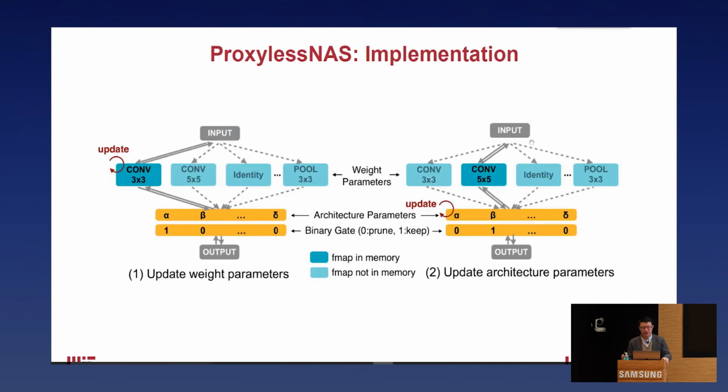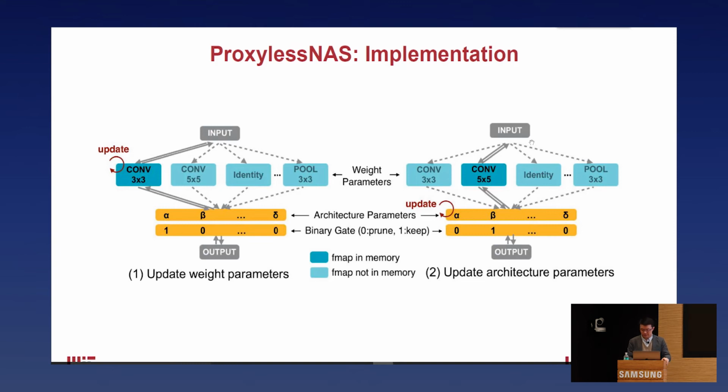So this is the implementation where we have all the redundant paths in our design space. We have those weight parameters illustrated in green, and also those architecture parameters shown in yellow. So we learn both the weight and also the architecture. And in the architecture parameters, alpha, beta, we binarize those parameters to enable only one path to reside in GPU memory at one time. So even if we have a large design space, the memory required for such a search is constant